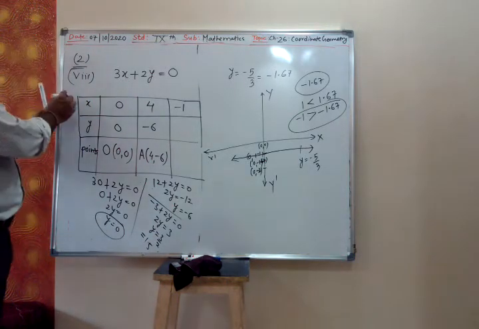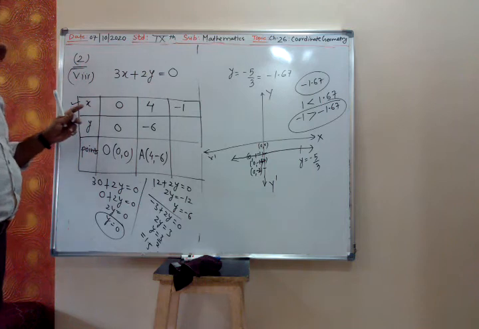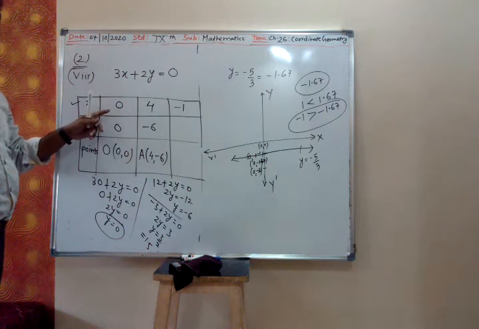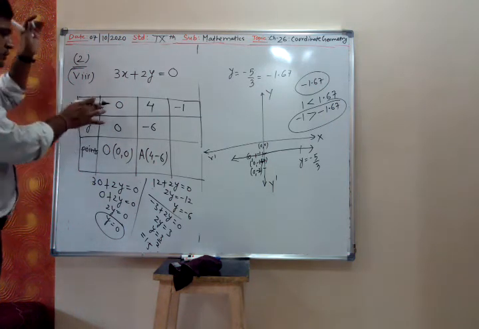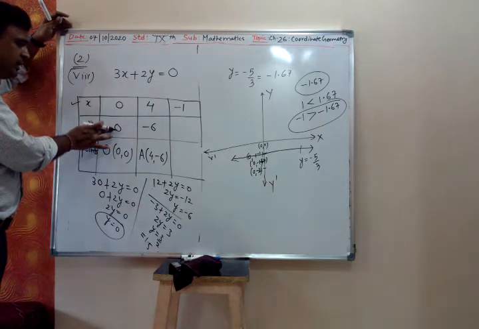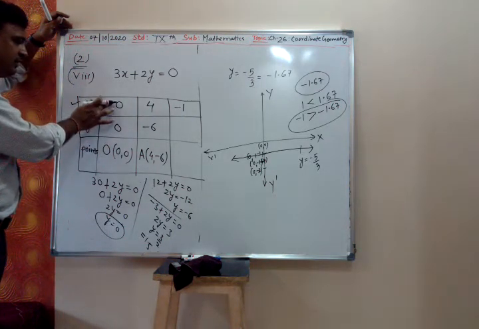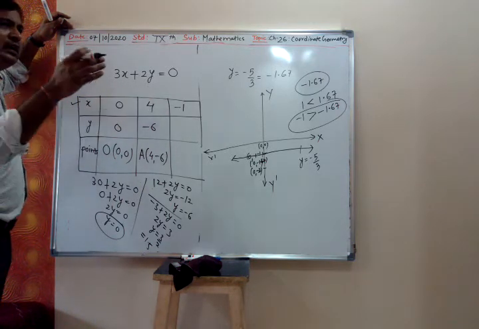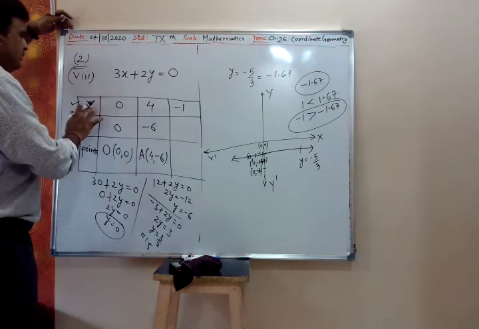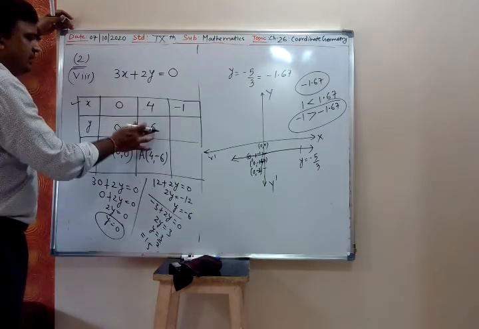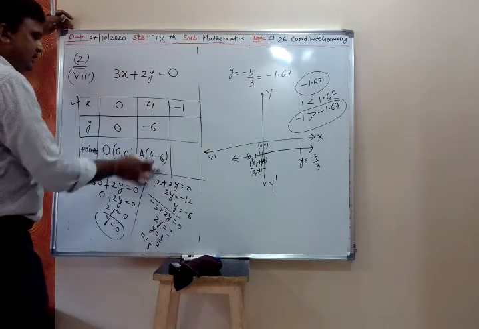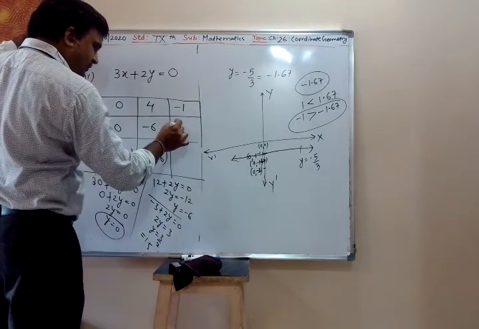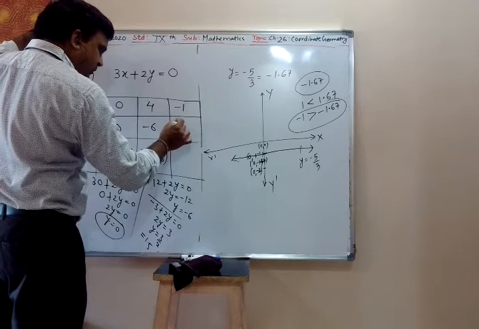My dear, you have to select 3 values of x. For those 3 values of x, you get 3 values of y. So for each value of x, you will get one value of y. So when you get the value of x and y, you get 1 point. Similarly, take the next value of x. By inspection, you can take any value. Next value of x, 4, you will get the value of y, you get another point. Now when x is minus 1, y is 3 by 2, 1.5.